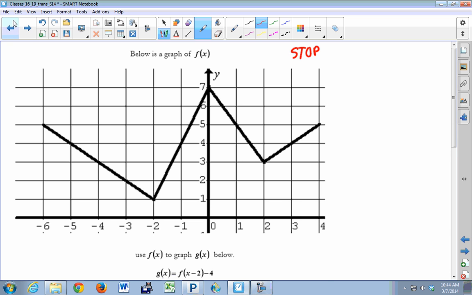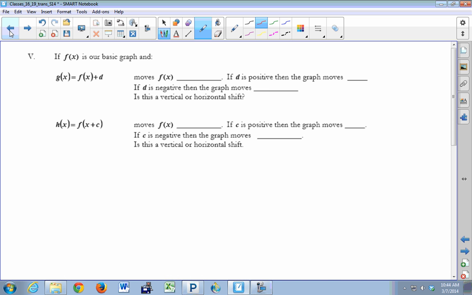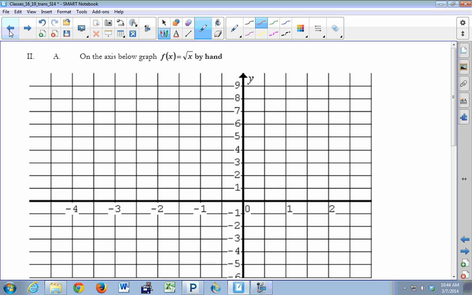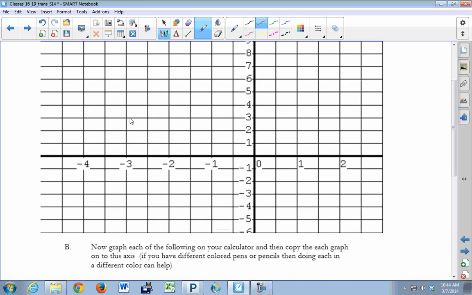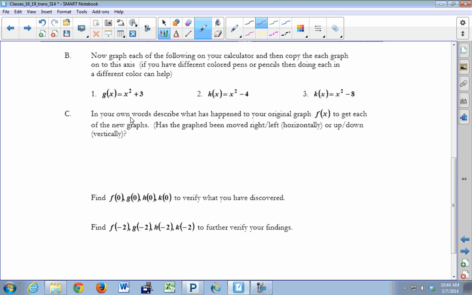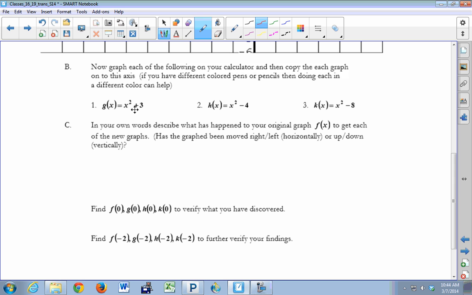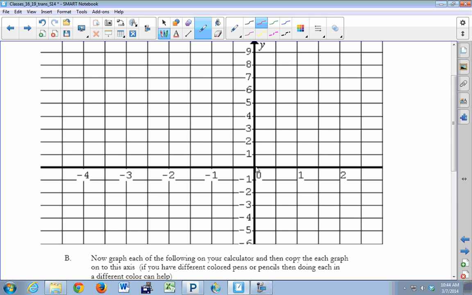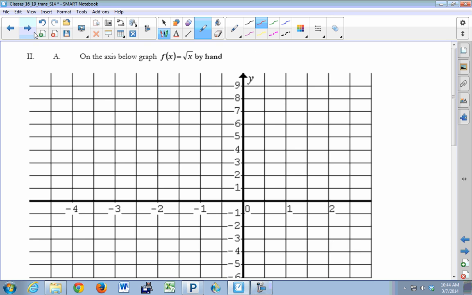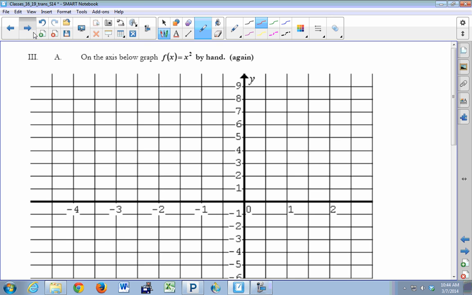What I want you to do is work either individually or with your table mates. As you do number 1, before you move from 1 to 2, have me come over and check what you've done and make sure you're working in the right direction and you understand what all your questions are. Once I check it off, you can then proceed to 2, and then I'll check 2, and you can proceed to 3.